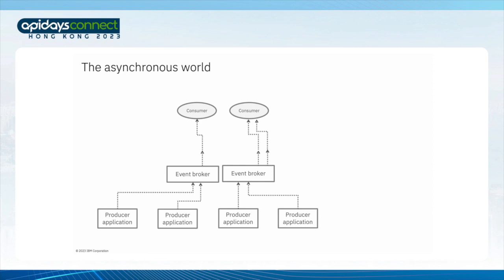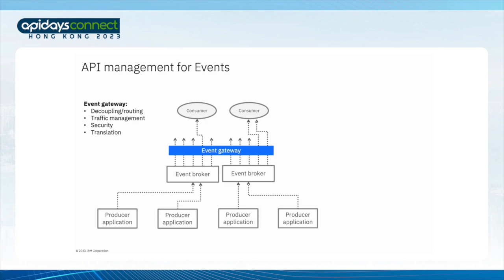All of this can start by introducing something like an API gateway, an event gateway, something that plays that role of a gateway, but in a way that makes sense for asynchronous event protocols. Now, it has to play the same kind of role as an API gateway, decoupling those consuming applications from the specific details of the backend message and event brokers, routing the traffic to the appropriate queues and topics. It should enforce security. It should ensure that applications can only access the queues and topics that they're allowed to.